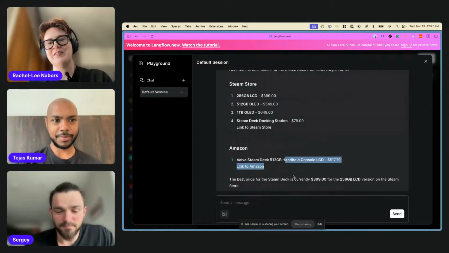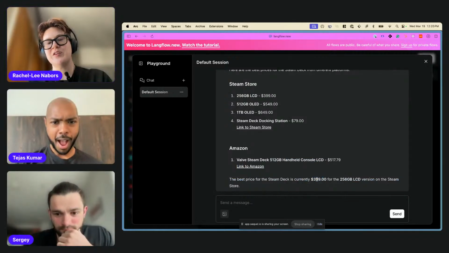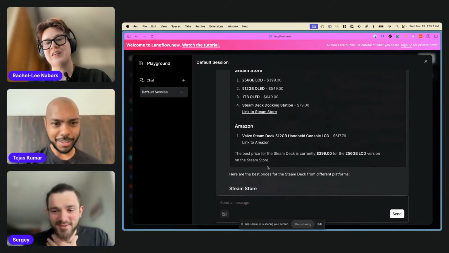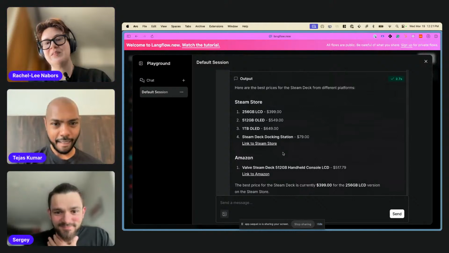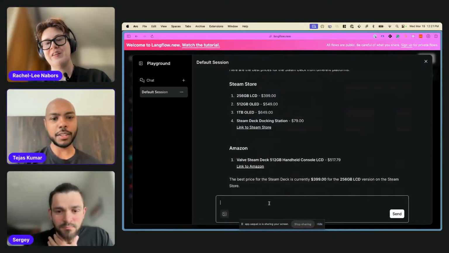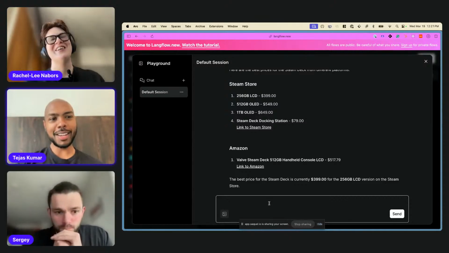Oh, cool. So it came back and said the best price is currently $399 on the Steam store. What? Yeah, my jaw is on the floor. That's incredible. Wow. Nice. And it even compared all the prices, like the differences between them. Can we ask for a specific region? This seems US-centric, but what if I'm living in India or Germany? Can we be like, hey, where do I get the best